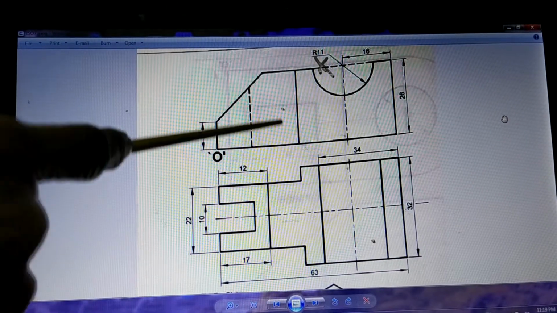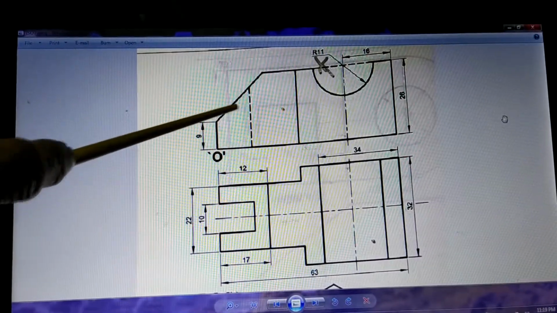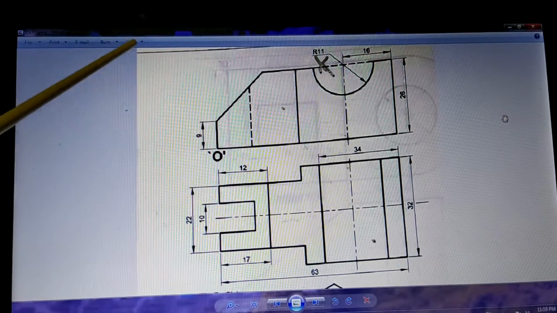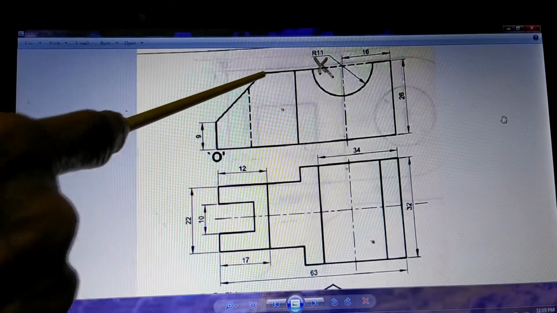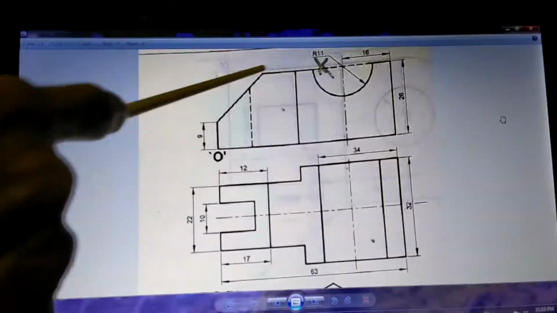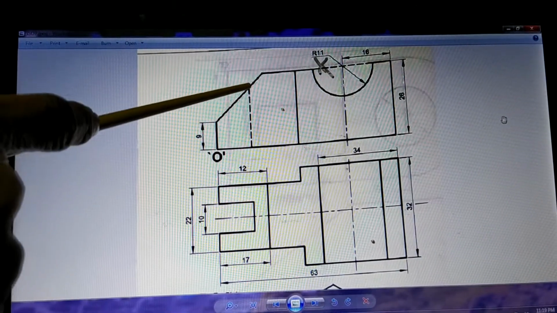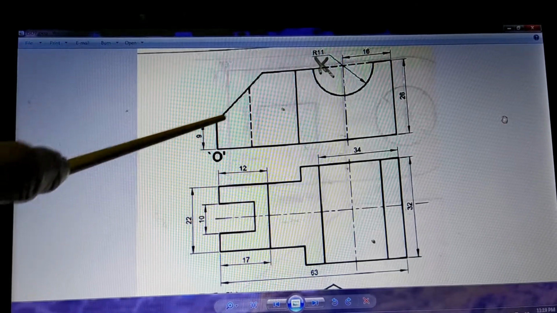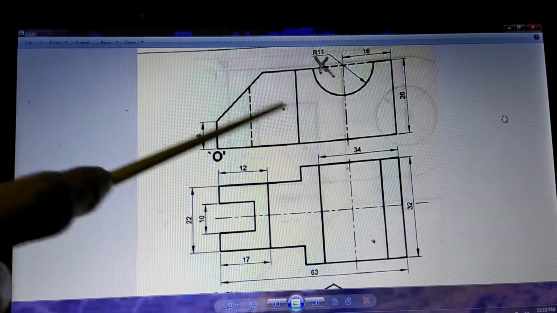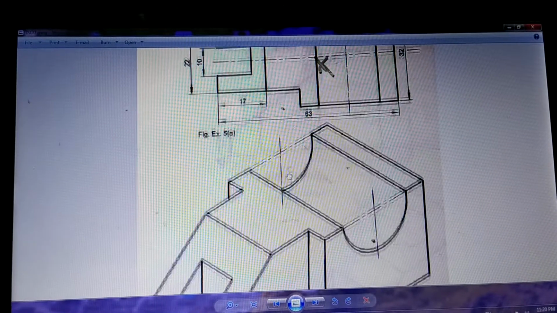So if you examine this part, it is very easy. As you see here, it is straight and then it is cut out, and then there is a cutout also here. So you can think that initially it was a block like this, no cutout and no hole also. So it is a simple solid box. Then to this box there is a cut like this, and then there is one more cut like this. So this could be drawn this way. So let us now refer to what is already drawn.